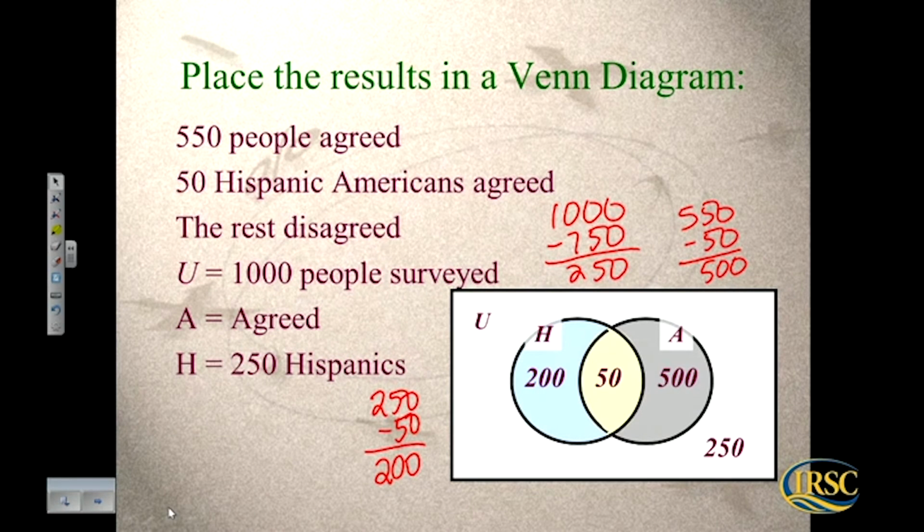Okay, so this was step 2 of those steps that I gave you. Step 1 was just drawing the circles and the rectangle. Step 2, we just filled in all the cardinalities, or the amounts that belong in each circle. So now there's going to be some questions that follow, and on your handout you have those questions. So taking a look at this information,